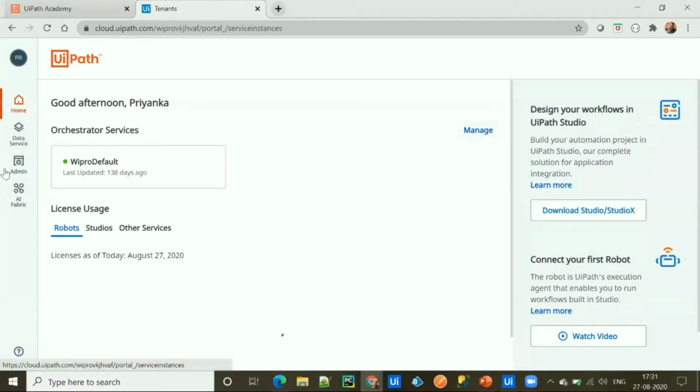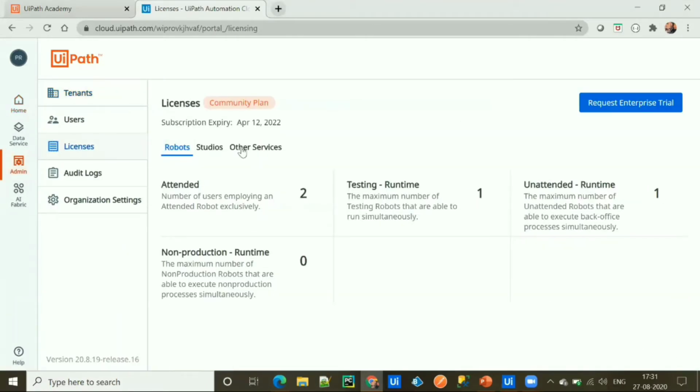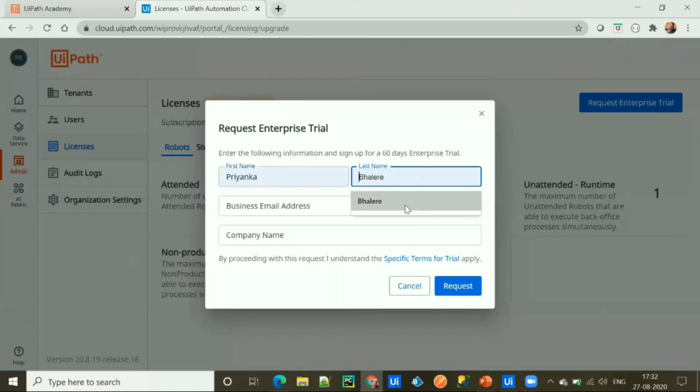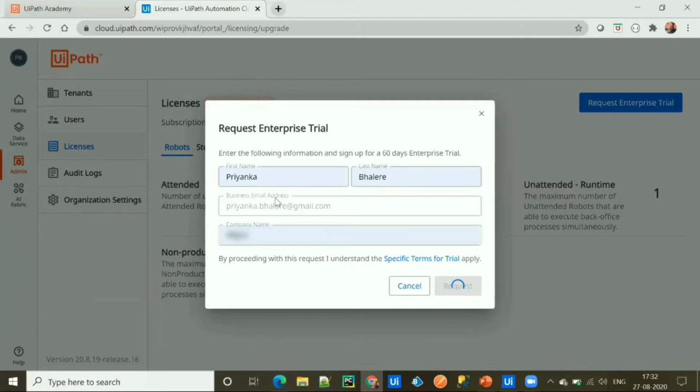When we go to Manage and Licenses, you'll see that we are using the community plan. UiPath is providing a 60-day enterprise trial for free without asking for any payment details. So we can request our enterprise trial by clicking on the Request Enterprise Trial button. We need to enter some details and click on the Request button.